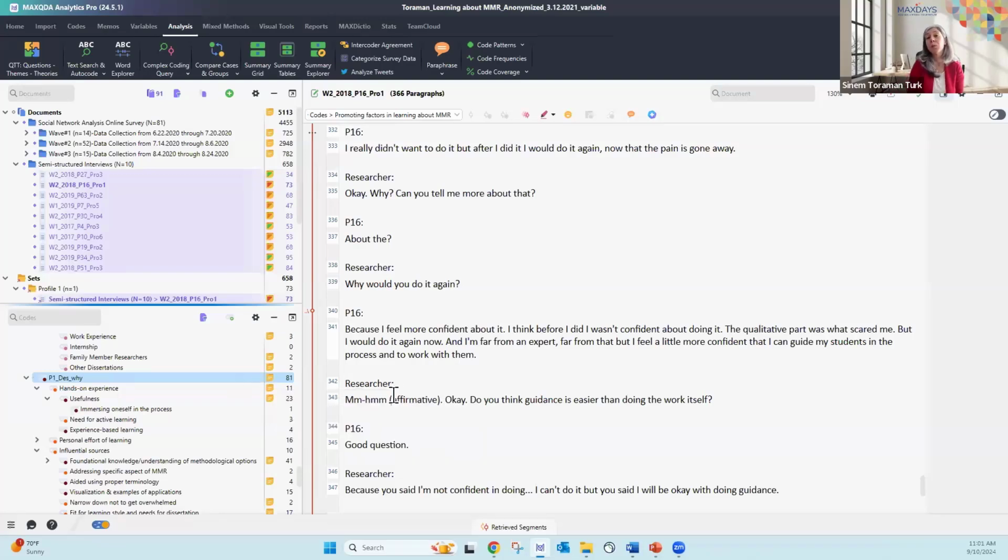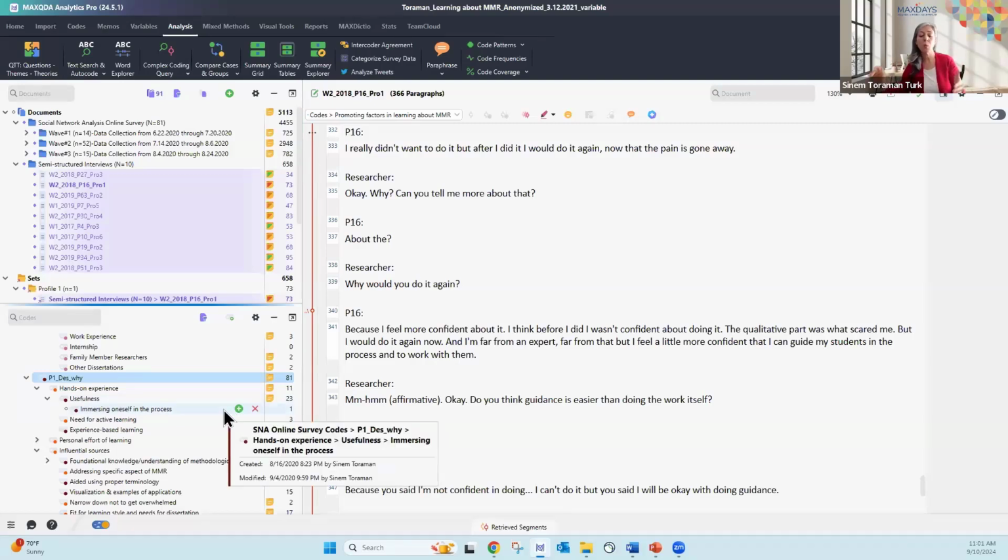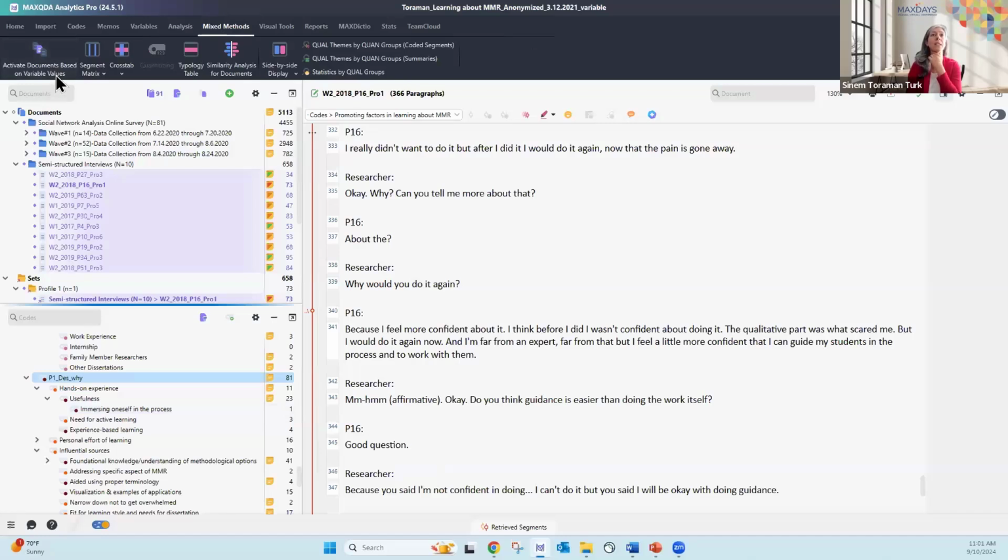This is one way of doing this, but if, for example, it's a little more quantitatively driven, or you want to look at variables and have those variables interplay in terms of people's experiences, then you can use variables, as we demonstrated in mixed methods. You can activate documents based on variable values, and then see how they differ, or doing a comparison might be a great way to do it as well. Hopefully that helps. The next question we have is